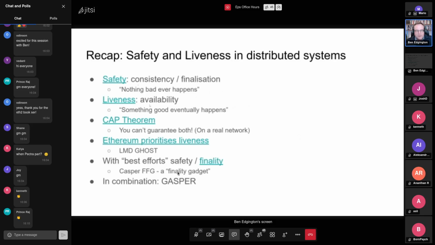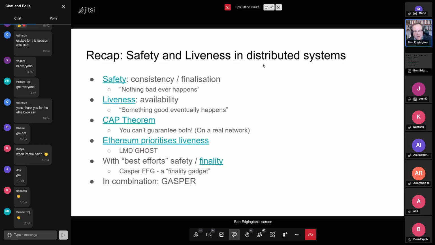The counterpart to safety is liveness, which is also known as availability, and this is the idea that something good eventually happens. So the idea is that we can always add blocks to the end of the chain, for example, or we can always continue to finalize the chain. Something good eventually happens. And there's a theorem called the CAP theorem, the consistency, availability, partition tolerance theorem, which basically says you can only have two of these three, and partition tolerance isn't really reasonable on a real network like the internet. There are always going to be partitions where some part of the network can't talk to another part of